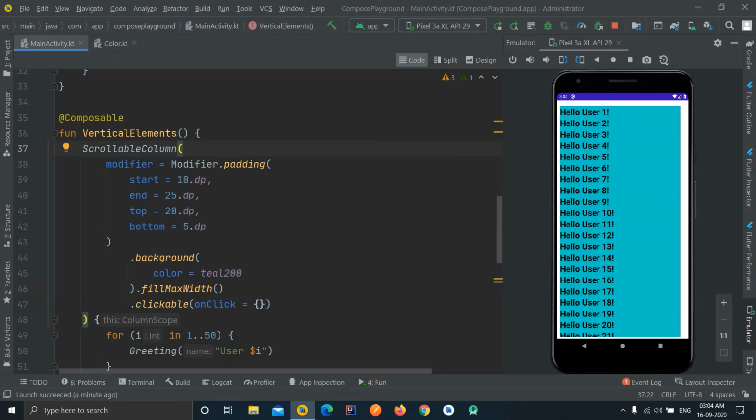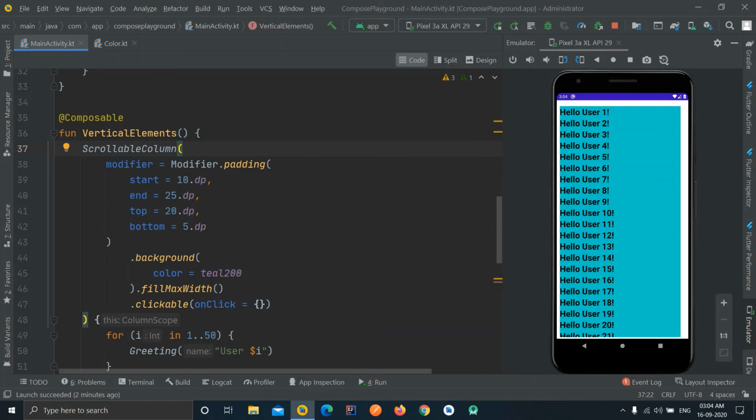So you will have to keep this in mind before setting anything. Now what if you want all of these elements to have some space in between them? Like in RecyclerViews, you can define your item decoration, and you can have a spaced decoration where you define some particular space, like a height of 10 or 20, and all the items will be separated using that particular item decoration.